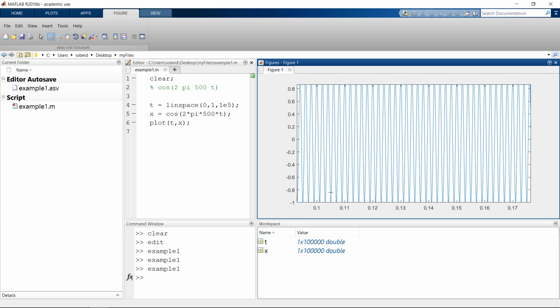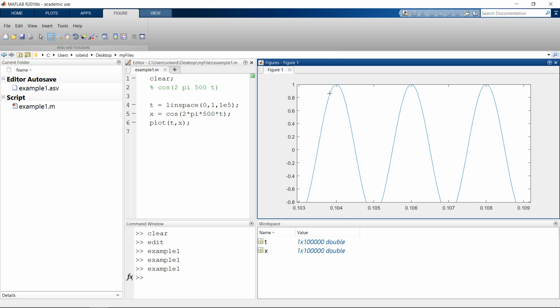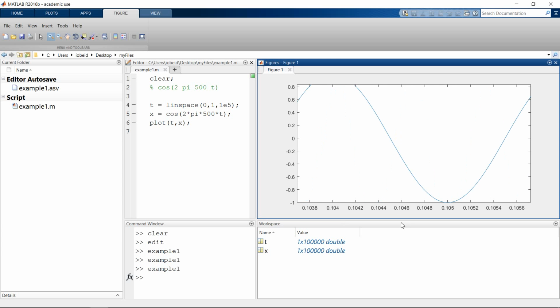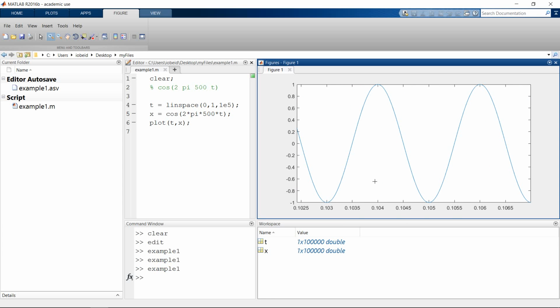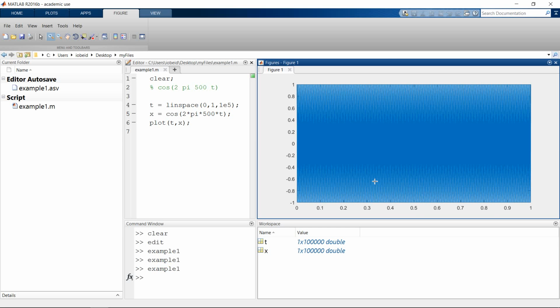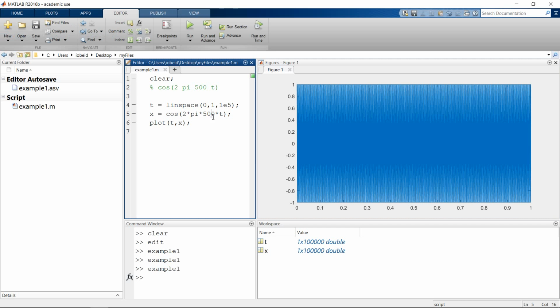If I start to zoom in, you can see, boy, did I get a lot of periods. I mean, the good news is it is a cosine. Okay, we can see that, and that's nice, but I did not need that many iterations. In fact, it's a 500 hertz cosine. That means it's going to iterate 500 times per second. So in a second's worth of time, I'm going to see 500 cycles, and that's just way too big of